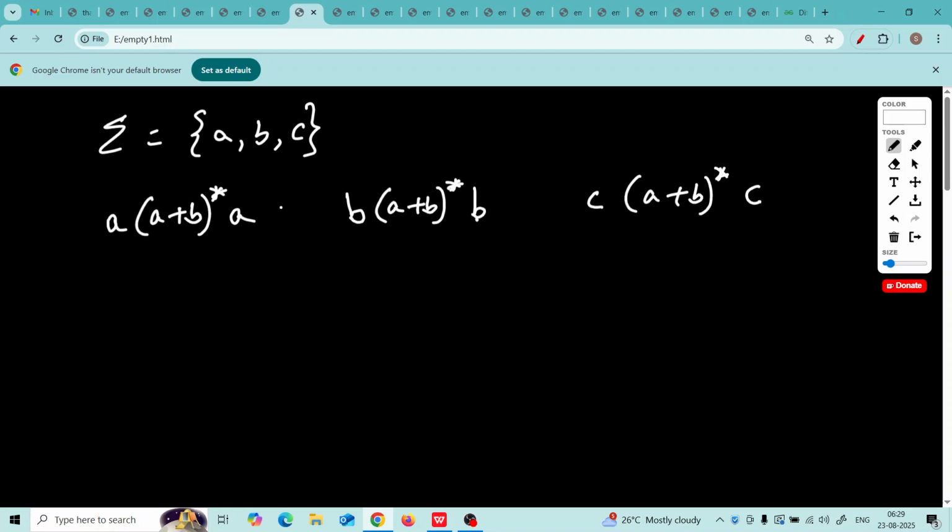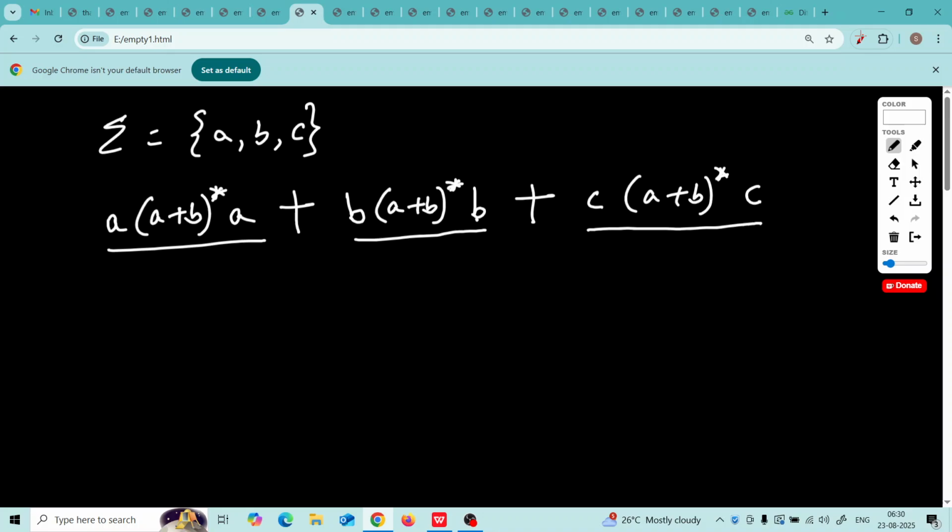Now any of these should be selected, so we use OR. If some string passes this test, then the string should be selected, or if the string passes this test, then it will be selected, or if the string matches this test, it will be selected.